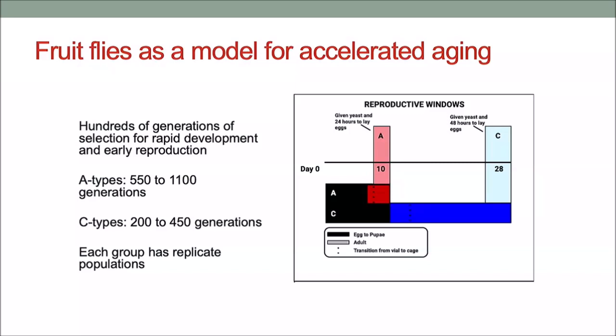If you were to actually look at the relationship between these, you would have replicate A1, replicate C1, and those share an ancestry. So we do have that pairing within the system that helps with some of the comparisons. Within the A types, we have 5 populations that, at the time of the most recent work, have around 550 generations of selection, and then